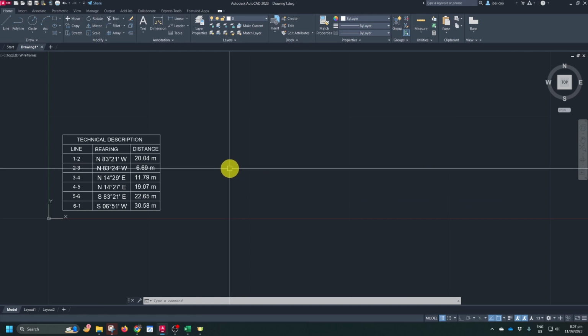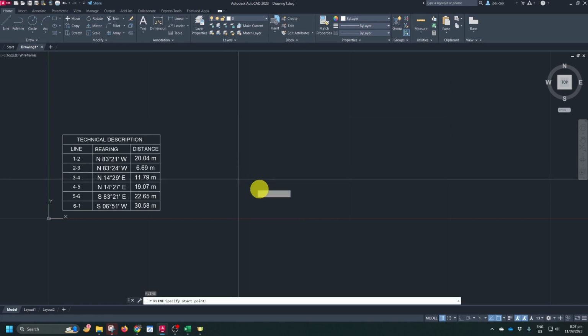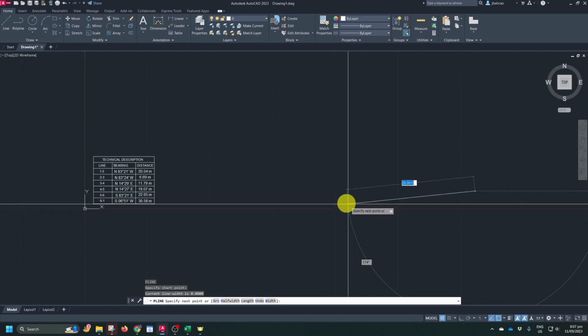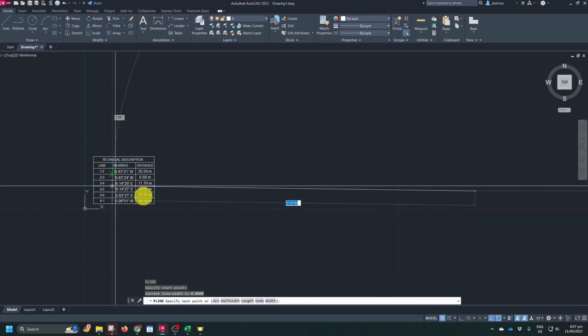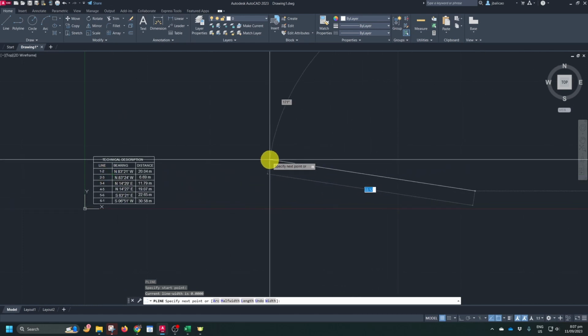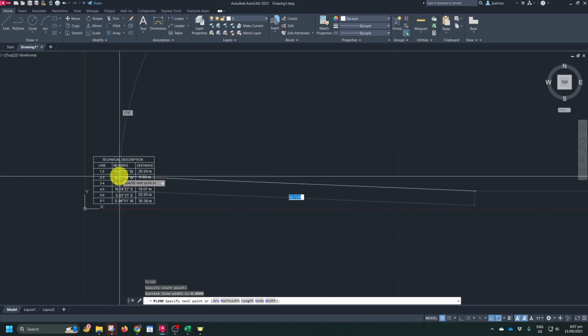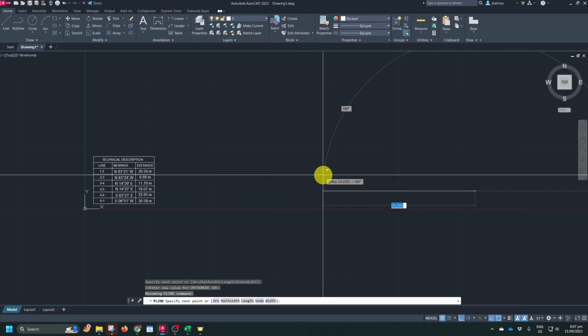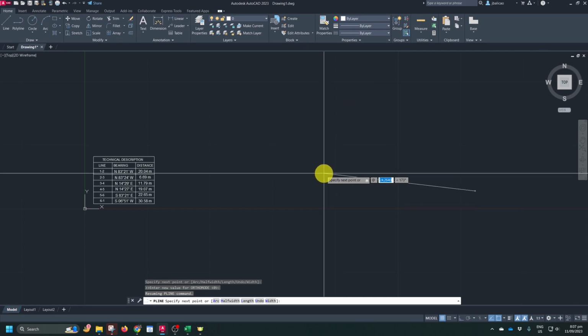So, key-in lang natin yung polyline, PL. Then, click tayo anywhere dyan. And then, unahin natin yung 1 to 2 na point. From that 1 to 2 na point, meron tayong 20.04 meters at saka yung bearing niya. So, for us to do that, i-shift at nyo lang. Shift at. Mag-iiba yung pagkikiin yan. So, key-in nyo yung 20.04 and then click tab and then ilagay natin yung N